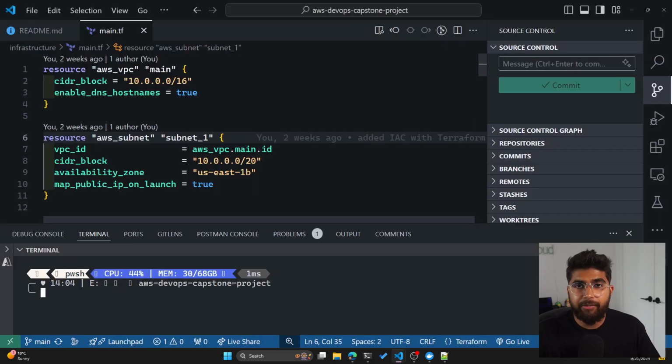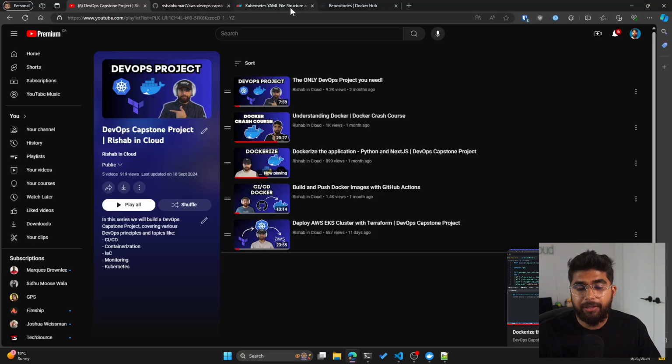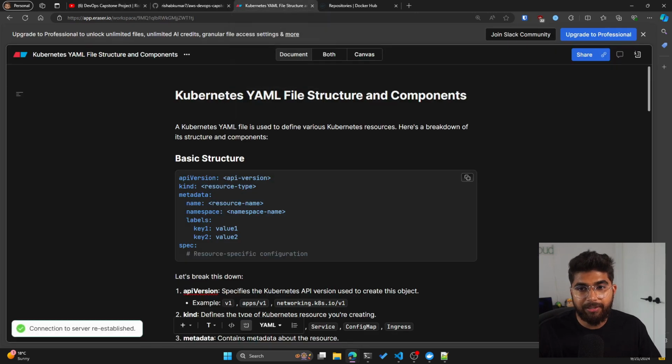So talking about that series, in the last video, we deployed a minimal EKS cluster to AWS using Terraform. So if you want, you can check that out. But that is why I have this main.tf open here. So the EKS cluster is already deployed to the cloud. But before we dive into creating our own YAML files, let's look at the YAML file structure and some basic